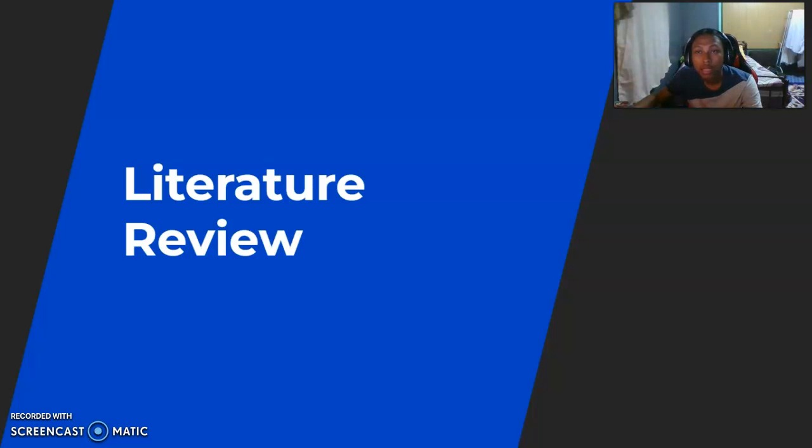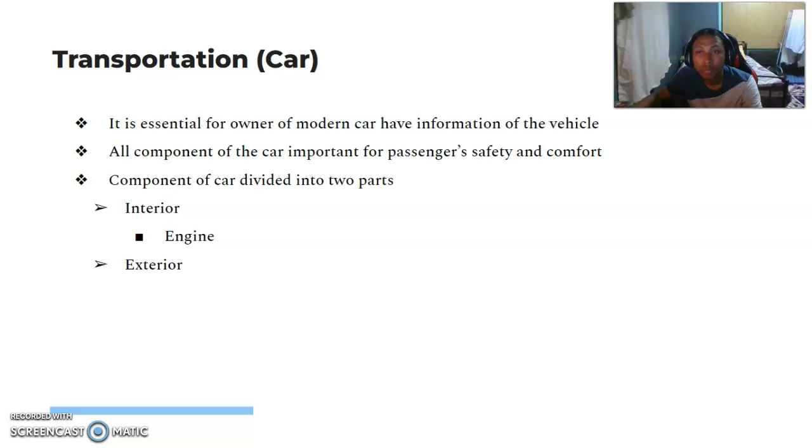In this second chapter, which is the literature review, the first point is the car. Today, it is essential for the owner of the modern car to have the information of the vehicle and all components, because all components of the car are important for the passenger's safety and comfort.